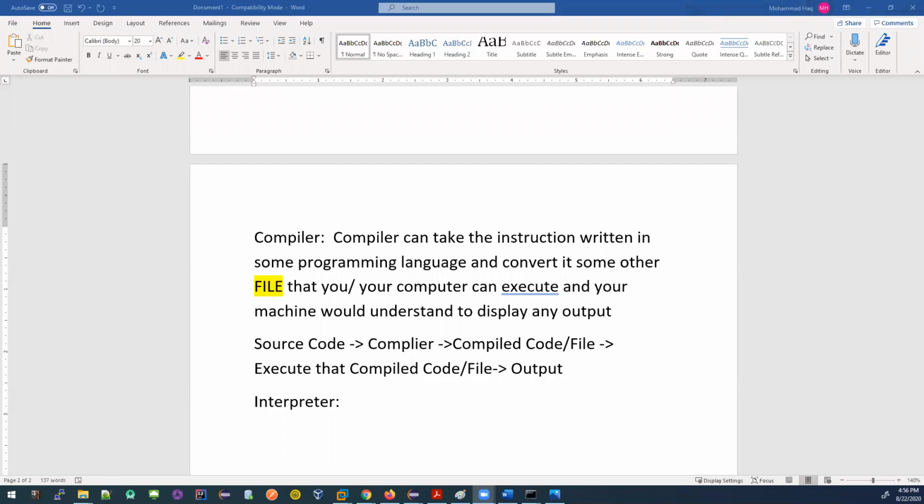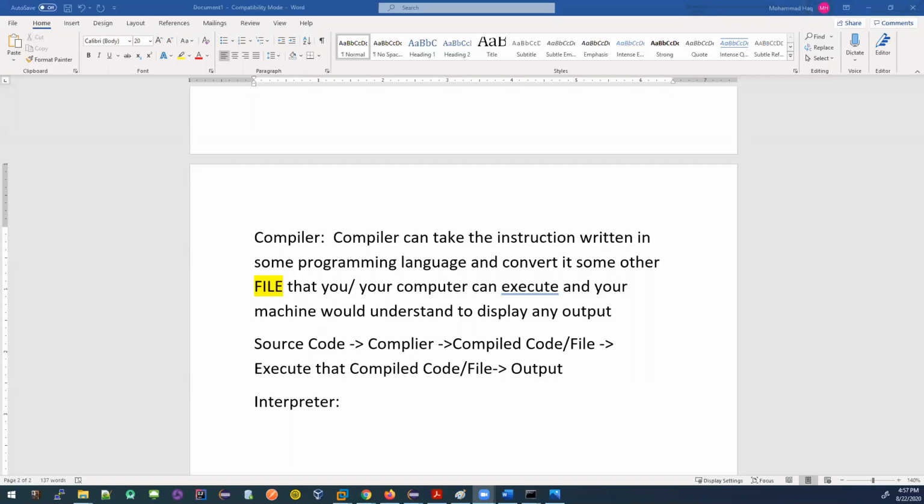There are some programming languages that have only a compiler, like C and C++. The way they convert the code so that the machine can understand it is by using a compiler. There are some other programming languages, like Perl, that use an interpreter. There could be other programming languages too that use only an interpreter because they don't need to create another extra file. The interpreter will look into the code and execute it right away. This depends on the programming language.